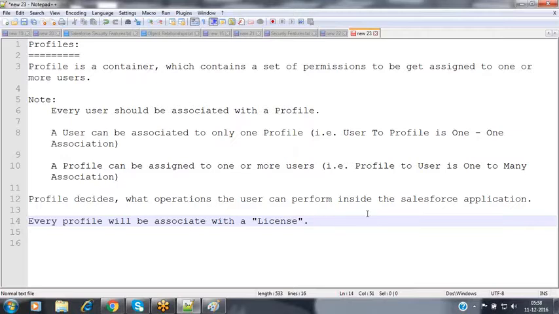Now, we have already discussed that every profile is associated with a license. That is, profile to license is a one-to-one association.